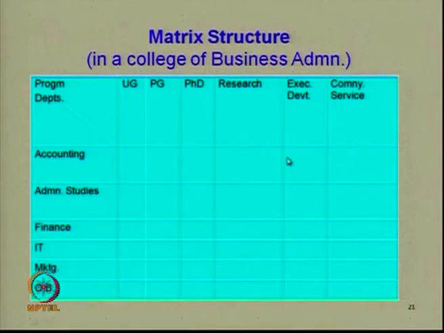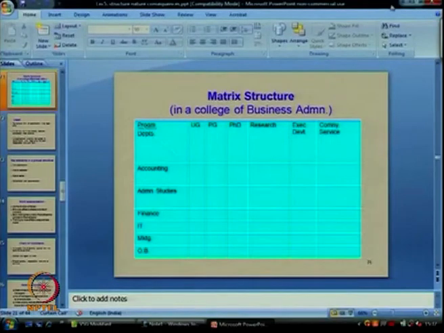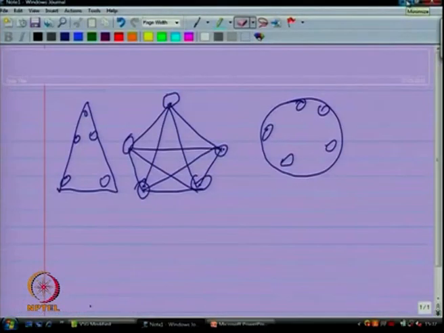Let me illustrate to you some other types of structures which you need to be broadly aware of. This is a pyramidal structure, this is a pentagonal structure, this is a collegial structure. In each case you find that there are 5 jobs. Therefore, all the 5 jobs will have their 5 job designs, but these job designs are in a certain relationship. For example, here